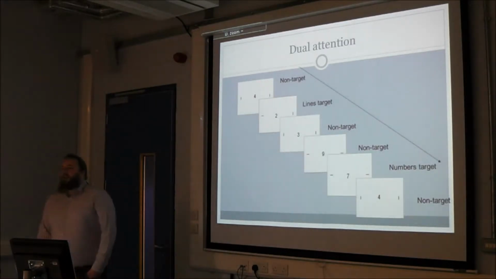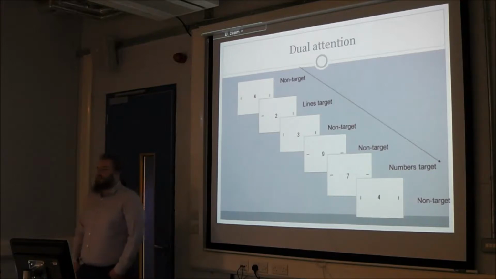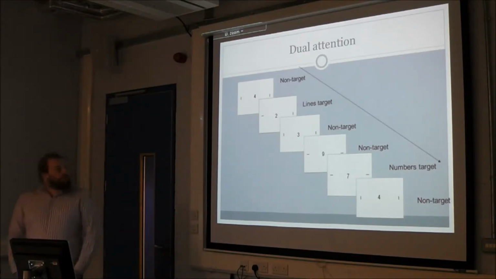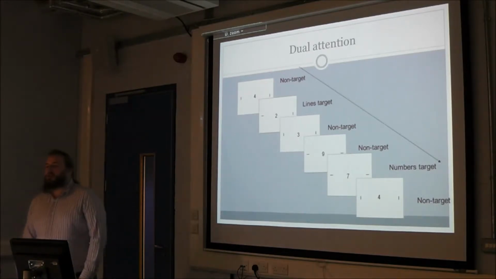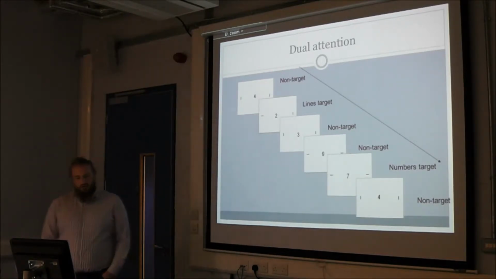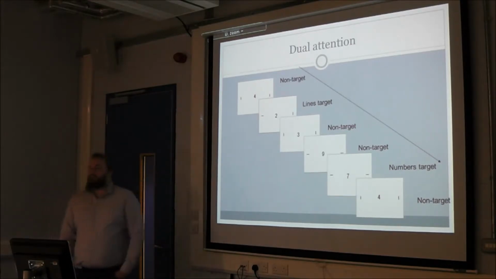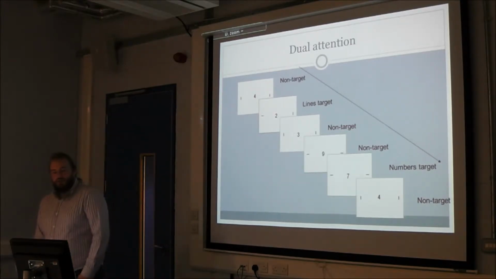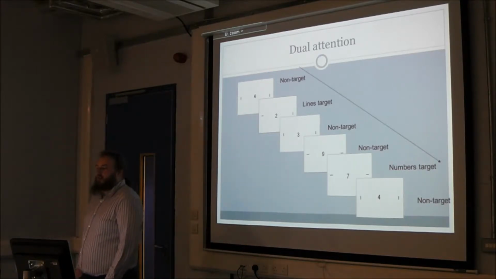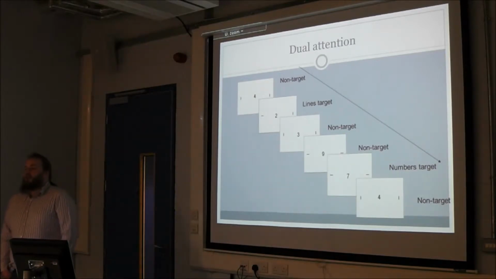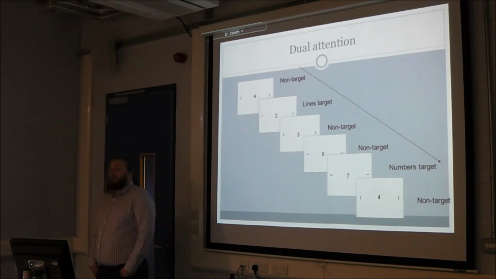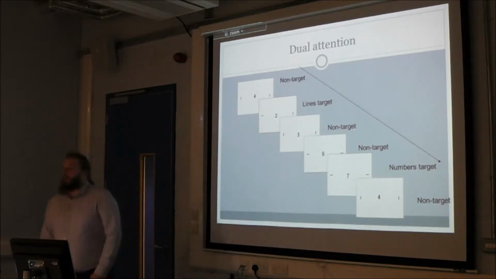And lastly, based on the review that we conducted, we designed a dual task which involved participants indicating if there were 3 consecutive odd or even numbers. So, 397 there. They had to make a response. Participants also had to make a response if 2 lines on the far left and right hand side of the screen mismatched each other. So you can see on just the second screen there, that the 2 lines on the far left and right are different to each